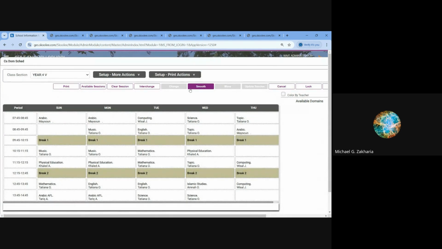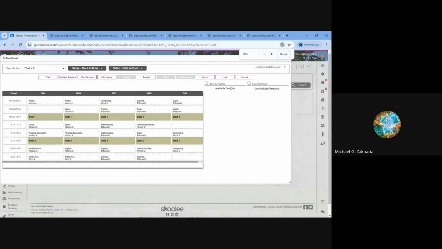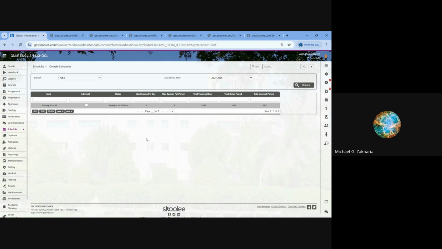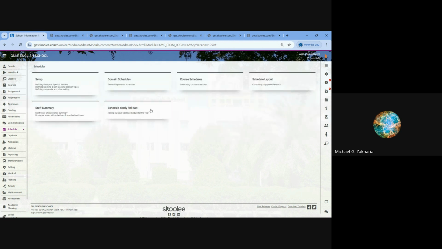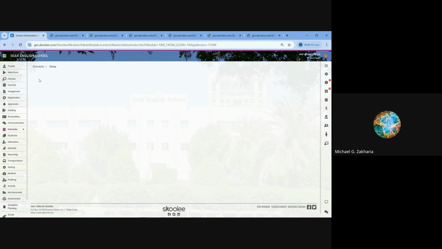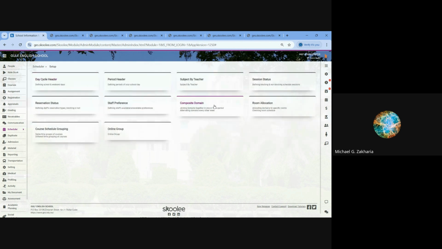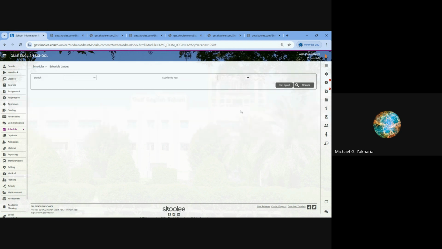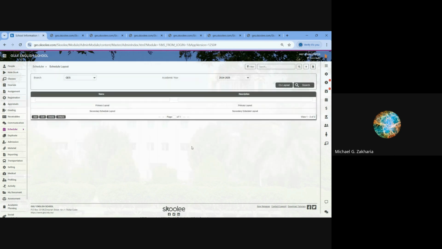So you want to give the break for year 1 and 2 to be different from year 3 and 4, different from year 5 and 6. But you have common teachers teaching from year 1 to year 6. So even though year 1 and year 2 have a different layout for the schedule than year 3 and 4, and then year 5 and 6, we can have all of these, year 1 through year 6, in one schedule